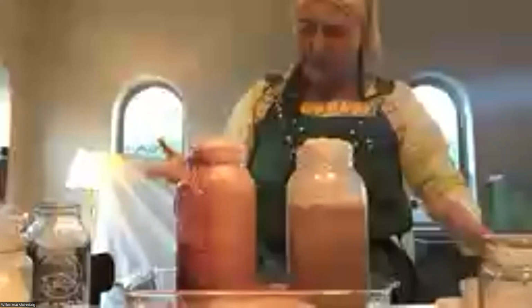Okay. So that's how you precipitate them. And then you let them sit. And if you come back and it doesn't look like it's separated enough, you do this again. So you give it a couple of hours. And after a couple of hours, it goes to,